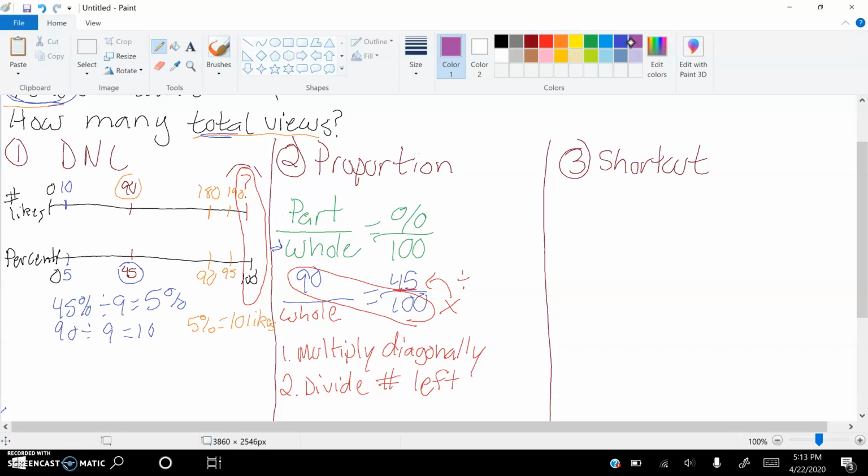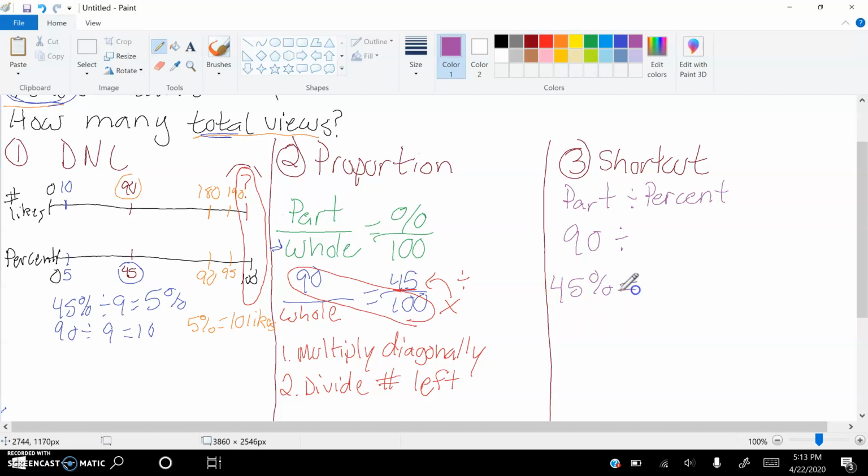Last but not least, let's look at our shortcut. So if you remember, the shortcut to determine this is to take the part and divide it by the percent. We know from over here that our part is 90. And so we need to divide it by our percent, which is 45. However,